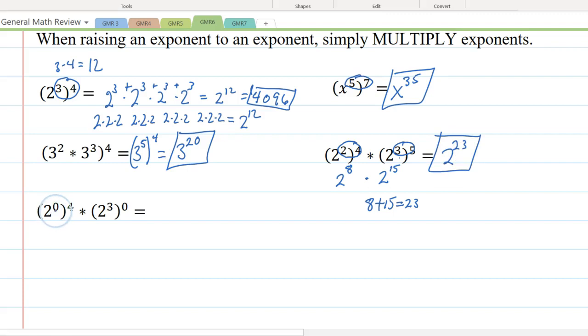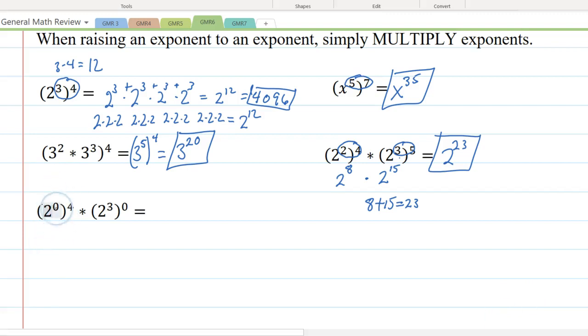We have 2 to the power of 0 raised to the 4th power. Now there's two ways of doing this. You could start off by saying 2 to the power of 0. Well, I know that is 1. Any number raised to the power of 0 is 1. That leaves me with 1 to the power of 4. That's perfectly fine. Another way of doing that would be to say,